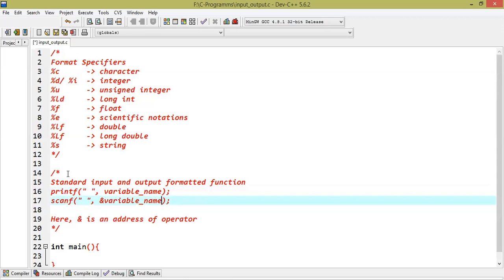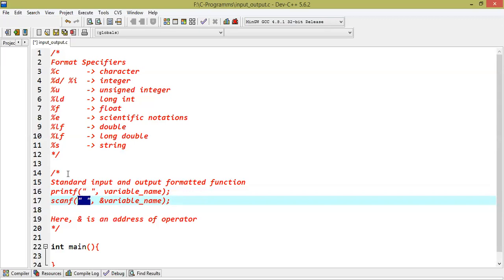And next, to take input from the user, we're going to use a standard input function called scanf. And the prototype of this function is as follows. Like printf, scanf also accepts a formatted string as the first argument to that function.